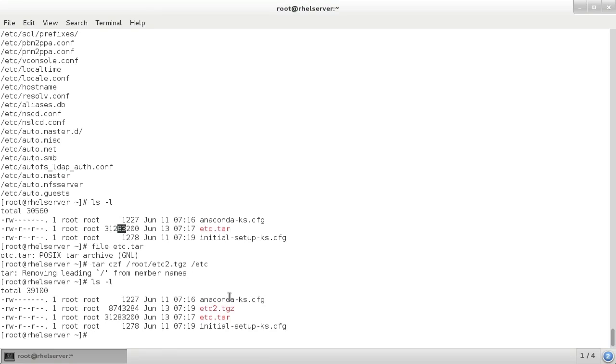Now we'll extract the existing tar. Now how do we extract an existing tar archive? Before extracting, it's good to have an impression of what's inside. To do that, you can use tar tvf followed by the name of the file. And by the way, in older versions of tar, you needed to include z because of a compressed file. But in recent versions